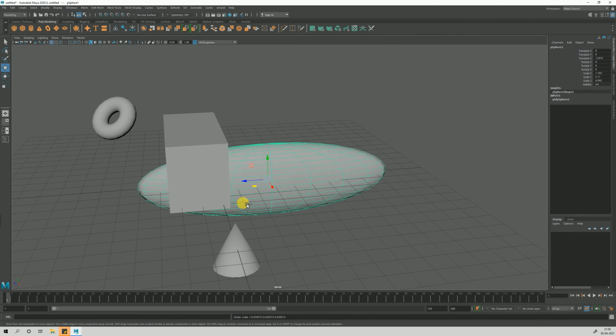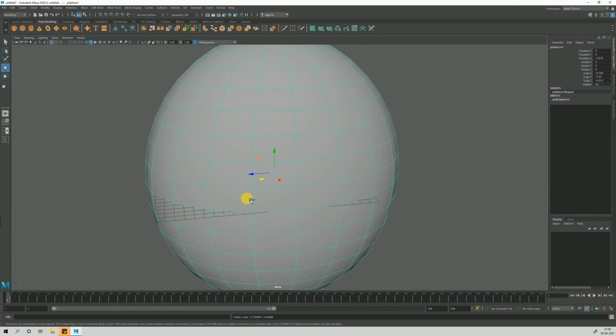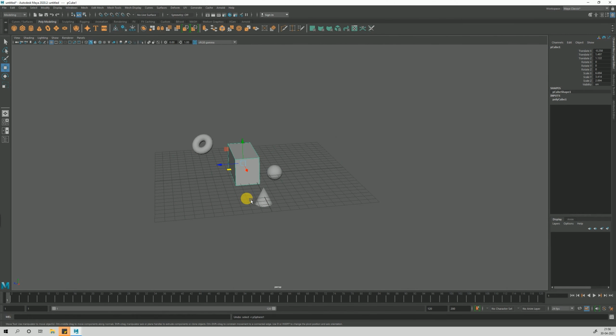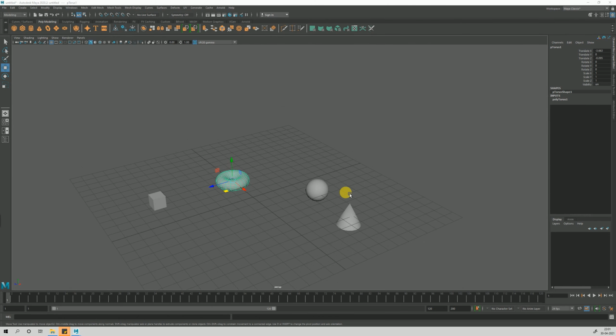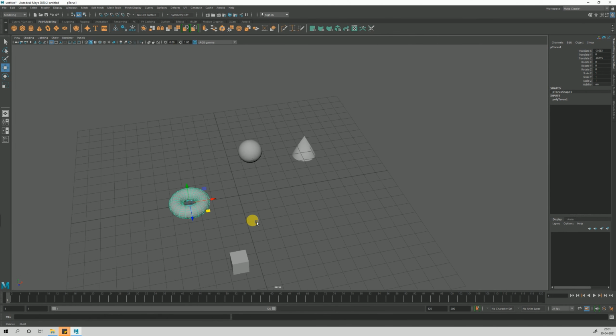If I start pressing undo, you can see it's undoing all the process I've done so far. This is a really handy tool which you need to know. So if you have done this much to get used to this, let's do some exercise.